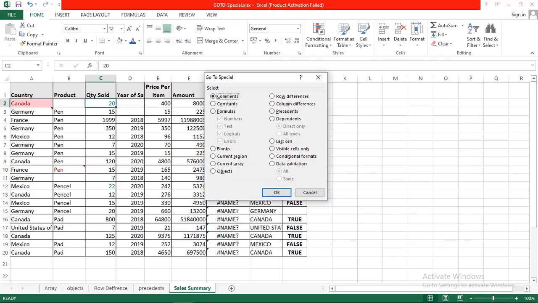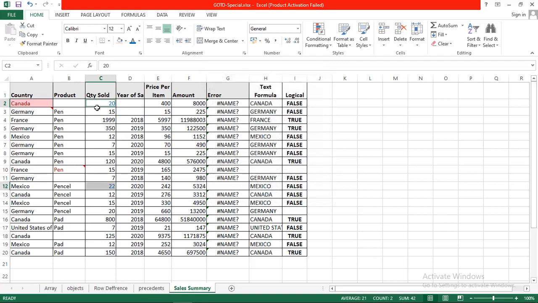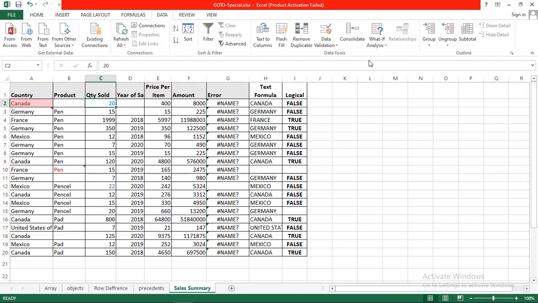The last one is data validation. Data validation means sometimes we apply a rule for data validation. Then we can find out on which cell the data validation rule is applied. So I select this one, then OK. So we can find out that there are 2 cells. It means the data validation rule is applied on these 2 cells. We check, select the first cell, then Data and Data Validation.